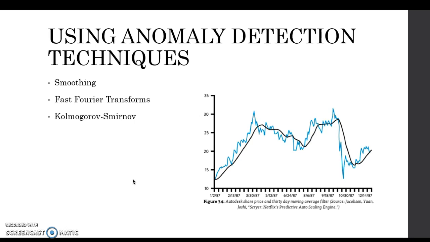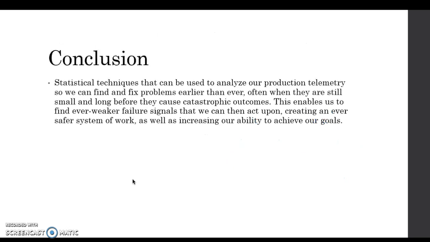It's basically moving the points to have a smooth flow. And there are some others, such as fast Fourier transforms and Kolmogorov-Smirnov. So basically, the conclusion is statistical techniques that can be used to analyze our production telemetry, so we can find